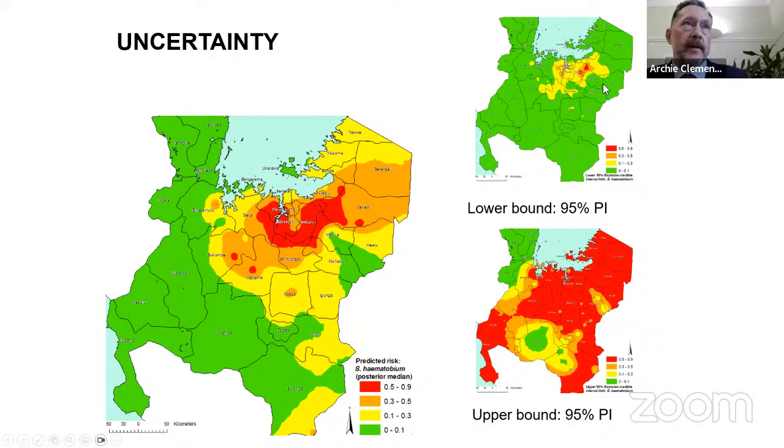And so that's the areas in the middle here. And so if we were really constrained in our resources, we would target these areas on the map on the top right, because we're really sure that disease risk is highly prevalent there. If we had lots of resources and we wanted to only exclude areas where we were really certain that the disease was not present, then we could use the bottom map and exclude these green areas.